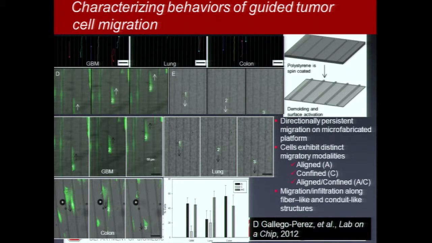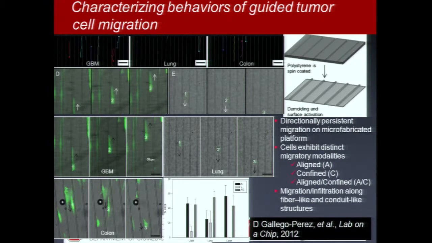Another example of a mechanical interaction, as we said, cells don't grow on a flat surface, but a lot of times they do grow on fibrous structures. And if we think about what a fiber is, it's really just kind of a one-dimensional material, and one dimension plus the half dimension to give it the diameter. So by making microfabricated structures, and I believe Dr. Gallego will speak more about this to some level, but by making microfabricated structures, we can again study the cell migration behaviors. But in this case, we can engineer the surface to have very specific interactions, so we can make very sharp corners, and we have all of these capabilities at Nanotech,